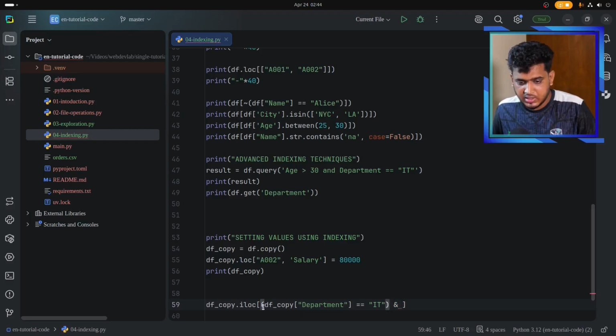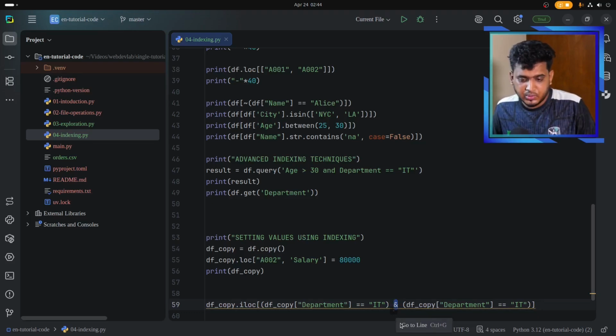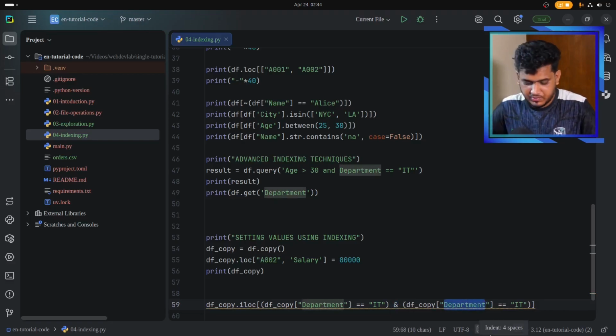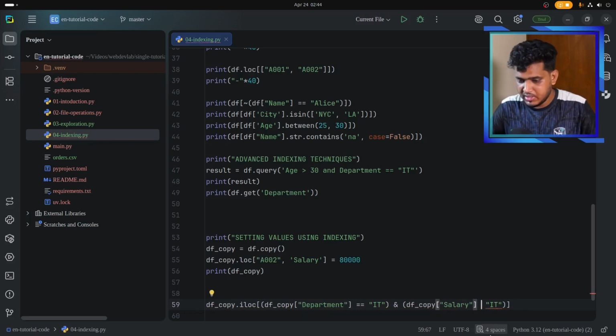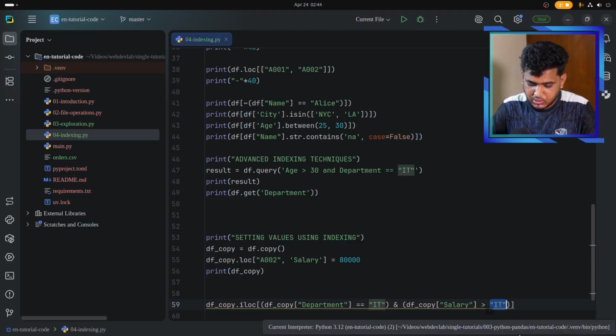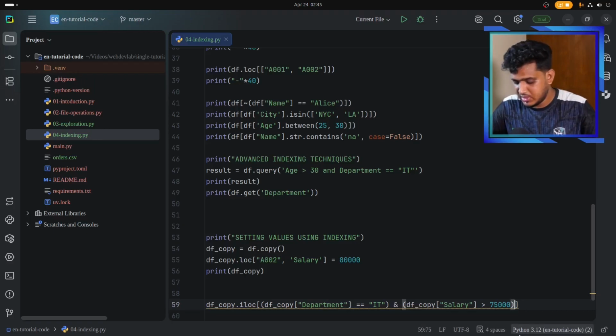We are actually checking two conditions. First condition is this one and the second condition is this one, and here we must put only one & condition. Unlike JavaScript, we don't need to give two & signs. Okay, and here I will check salary, and the salary will be greater than 80,000. Actually, let's make it 75,000. If salary is greater than 75,000, then we are going to add